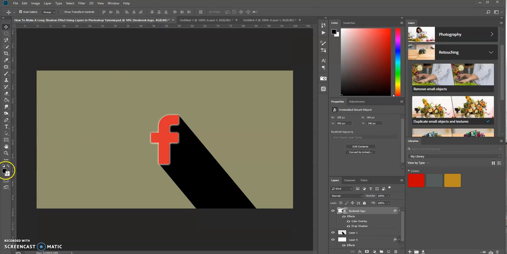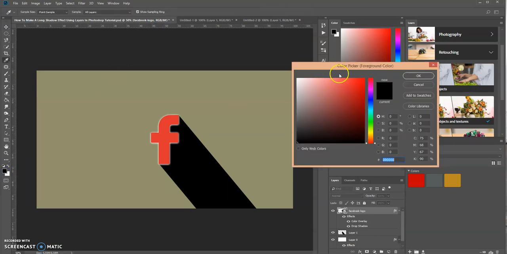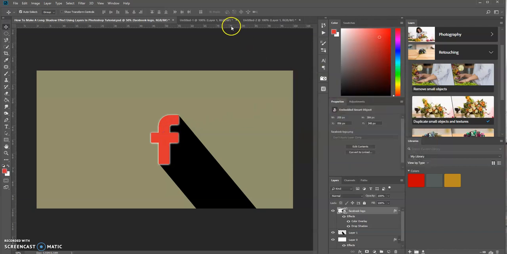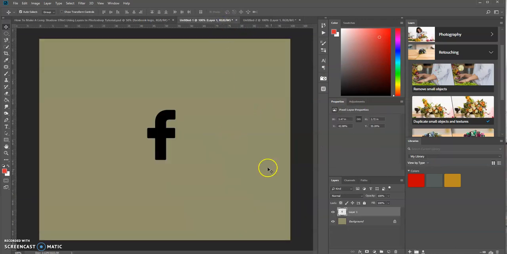So I'm going to click on the foreground color, which opens up the color picker, and I'm going to select this color right here. Click OK. I'm going to go over to the new document. I'm going to Control click on this layer thumbnail, and what that's going to do is make a selection of this icon. So I'm going to Control click. As you can see,